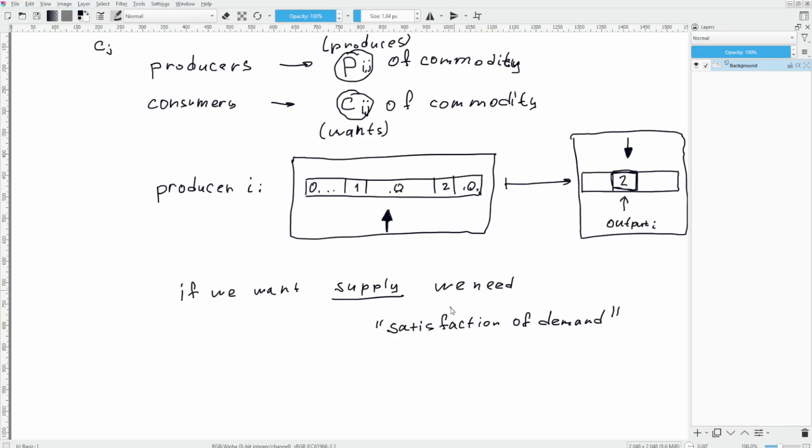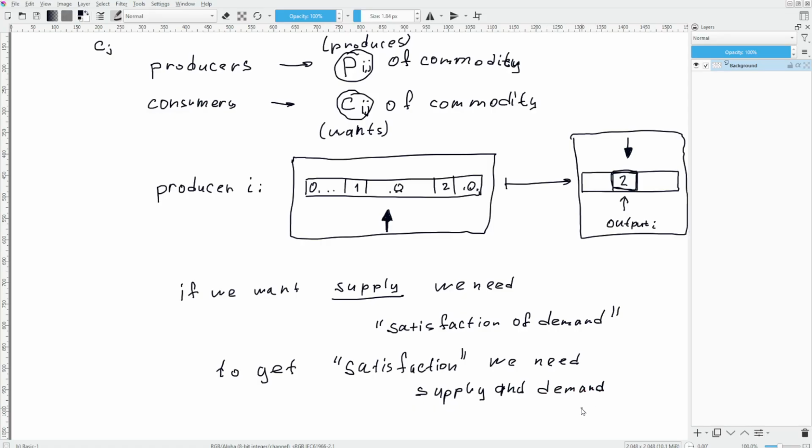But to calculate satisfaction of demand, we already need supply and demand. So to calculate supply, we already need to know supply. And this is an issue